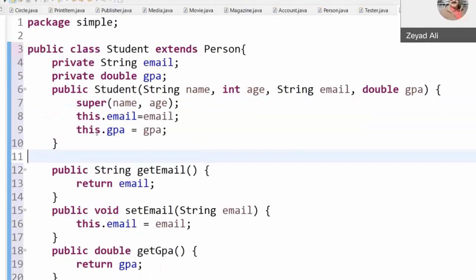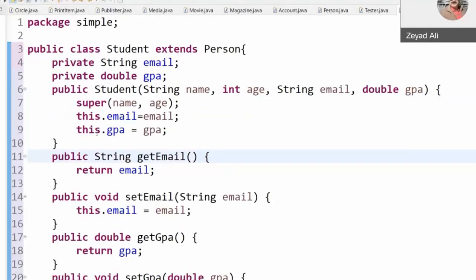The constructor takes 4 things. 2 are inherited from the superclass and 2 belong only to the student. So the constructor of the superclass must be called as the first statement in the subclass. Hopefully that answered your question.